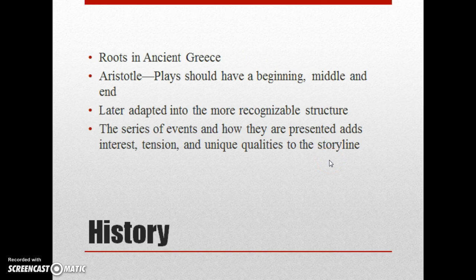The idea of this dramatic arc has its roots in ancient Greece. It's a very old, very Western idea of storytelling. Aristotle is the one who said that plays should have a beginning, a middle, and an end. There should be that sort of focus towards something. And we later have adapted this into stories. And this narrative arc has come from scholars looking at stories over time and trying to figure out what they have in common, what their common characteristics are, and this kind of movement is something that they've noticed.